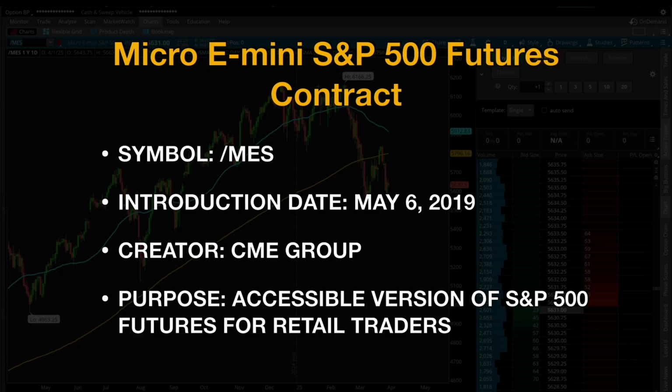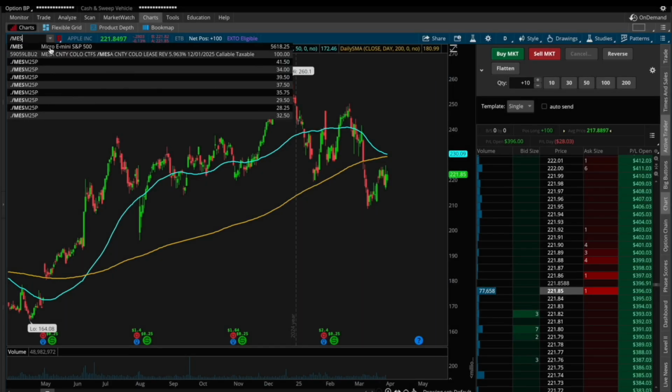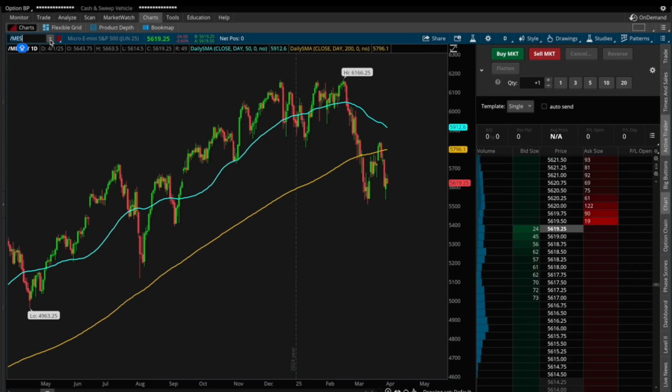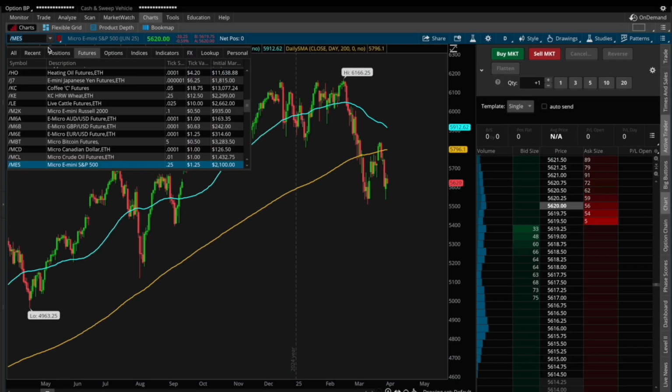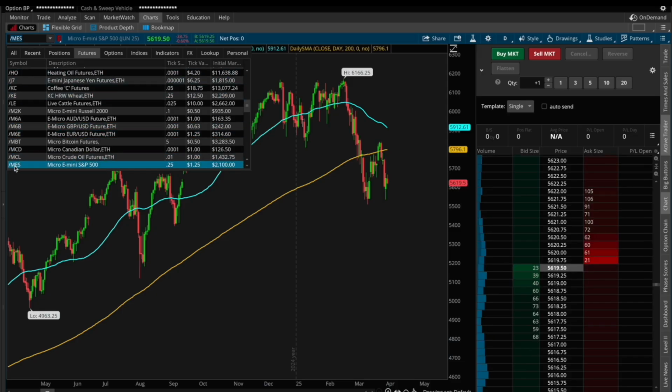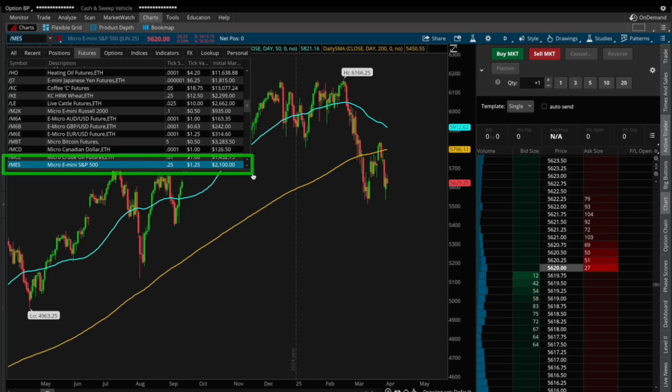and institutions. So let's bring up the MES futures contract in the Thinkorswim trading platform, and you can see that there's a lot of activity in this contract pre-market here. As we go down, we see the symbol is /MES with the description of the Micro E-mini S&P 500 futures contract. And the software shows a tick size of 0.25 and a tick value of